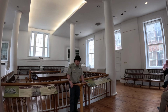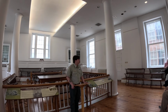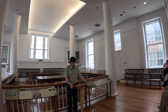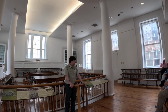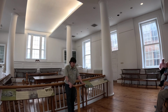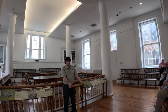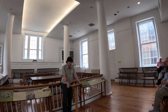They could go ahead and dock up in Cape Town, but by this time, they know that the U.S. Navy probably is made aware of their existence. And they're already sending warships into the Atlantic. Now, one of the first places they're probably going to sail to is Cape Town. If the Shenandoah had docked in that city, it probably would have been attacked by the USS Iroquois. James Iredell Waddell decides, we're going to bypass Cape Town, sail around the Cape of Good Hope, cross into the Indian Ocean and sail to Melbourne, modern-day Australia. On December 16th, Shenandoah will pass by the Cape of Good Hope, and on December 29th, it will run into